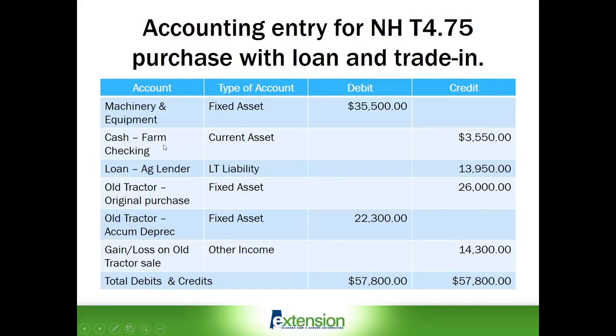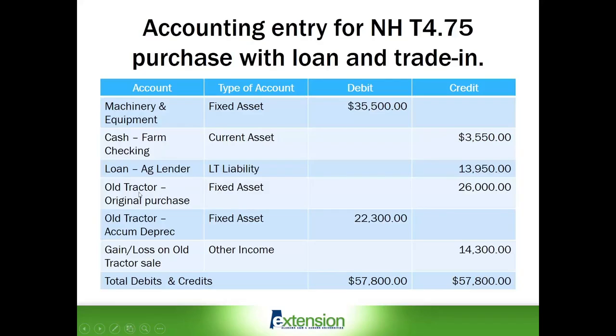Line 2, cash farm checking is a current asset and it decreases with a credit entry reflecting the dollar amount of the check written for the down payment. Then in line 3, we have the loan, which is a new loan and a long-term liability for our ag lender. The amount of the loan is